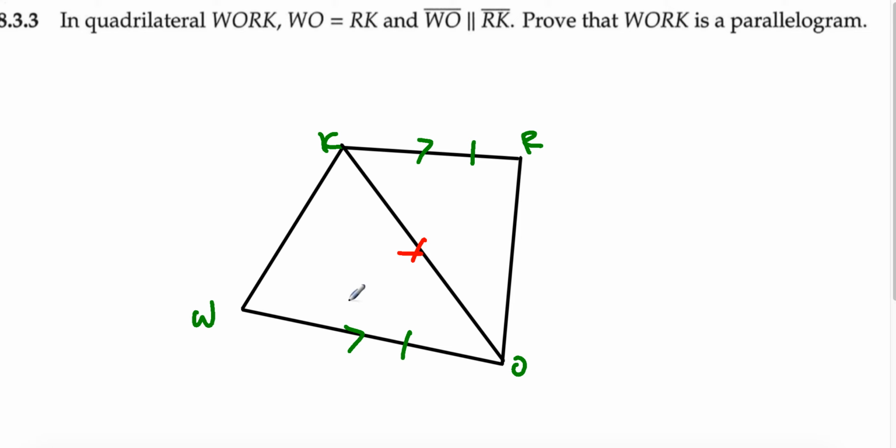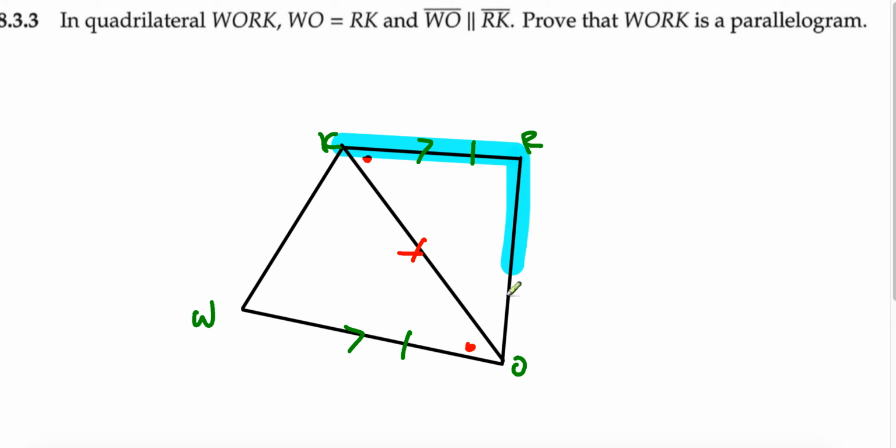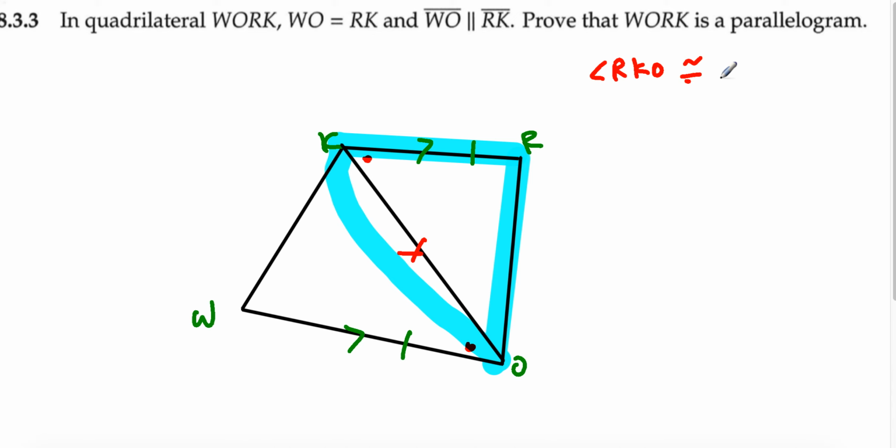And since these two lines are parallel, as you can see, this angle must be congruent to this angle, which states that the upper triangle, the blue triangle that we have, is congruent to the lower triangle by side, angle, side. So we can simply say that triangle RKO is congruent to triangle WOK